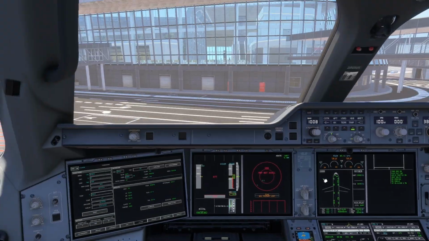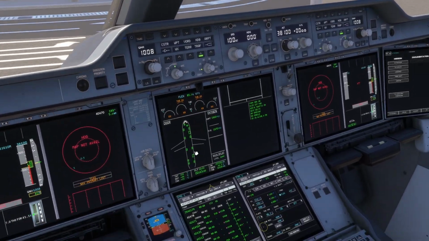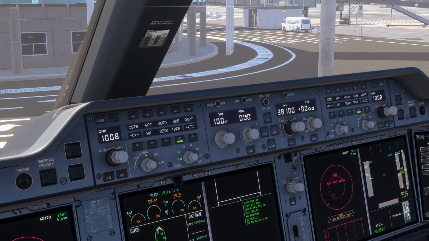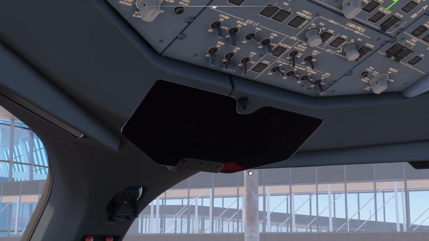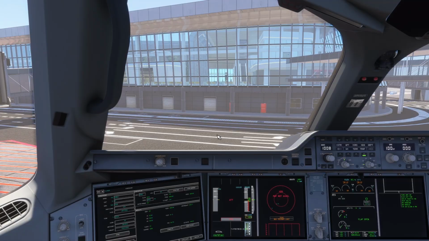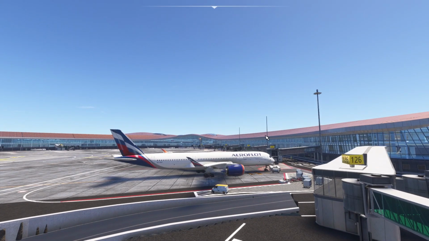Alright. And that is basically the pre-flight, the pre-departure. So we'll wait for our IRSs to align, but for now we'll turn on the APU already. Nice. So the APU will be starting up now.